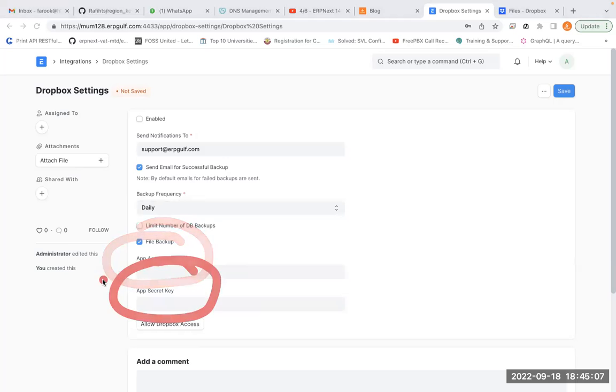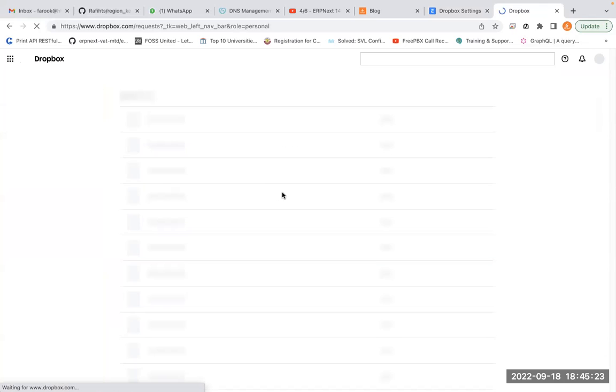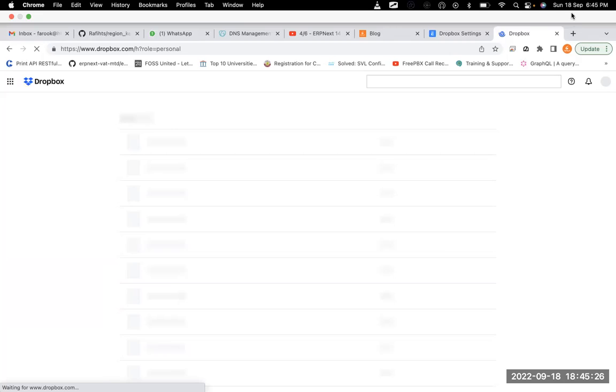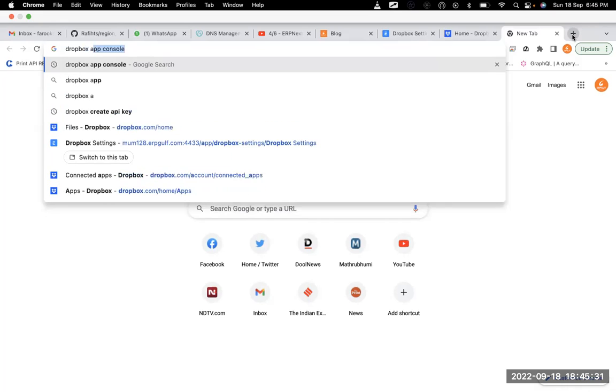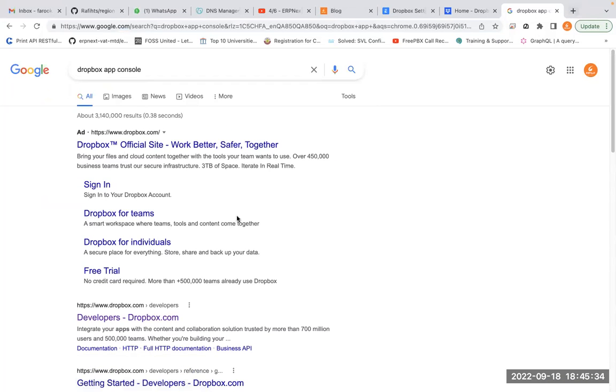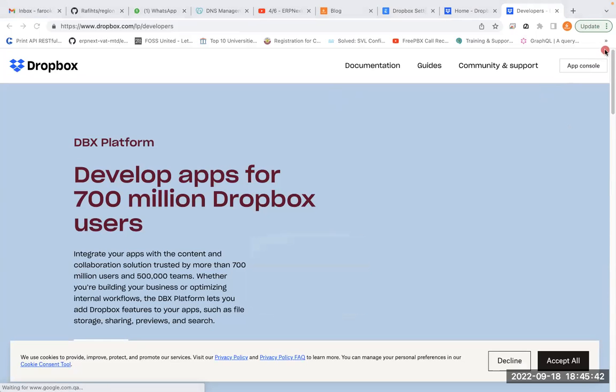These two things you need to create inside Dropbox. Let me go here in Dropbox and see where to create them. Actually, if you are going through the menu, I don't know, but if you search for Dropbox app console, something like that, and click on the first link, the developers link, you can see in the corner there is the App Console. So you go there